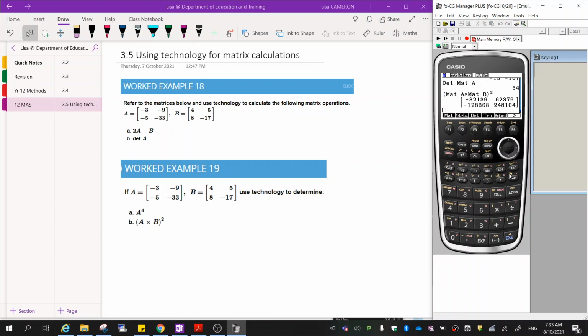Execute, there we go. Now, that is what I would do if I was doing something over and over again with a matrix. If I just wanted to input it as, I'm just going to be knocking about with my matrices and I want to use them once, so I just want to see what I'm inputting on the screen. We're not going to go into this section. We're going to go to,